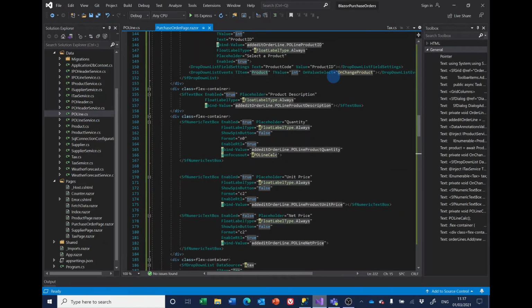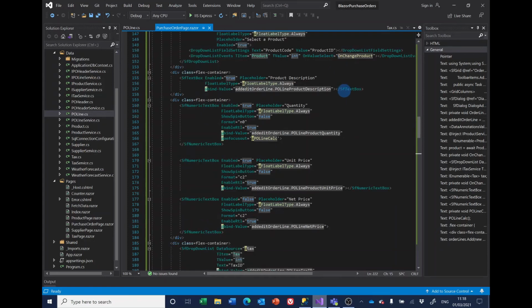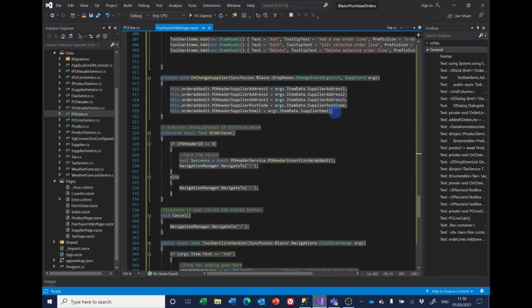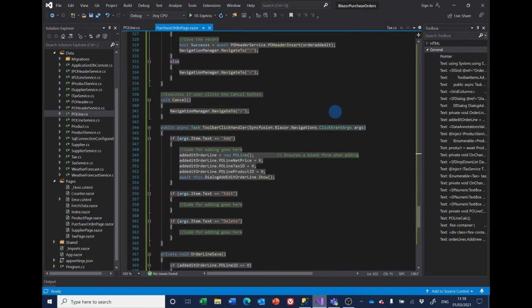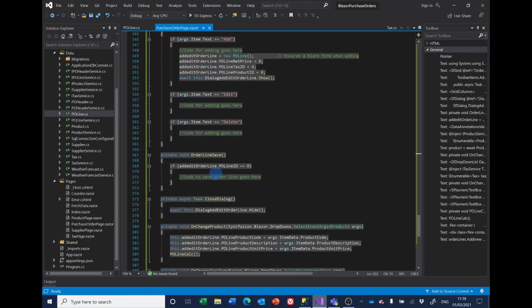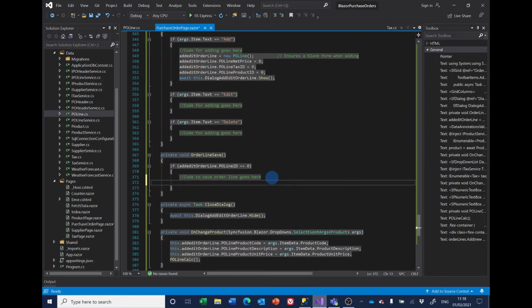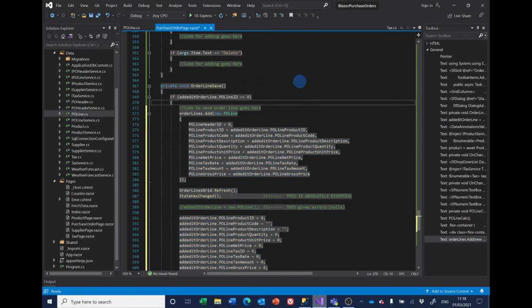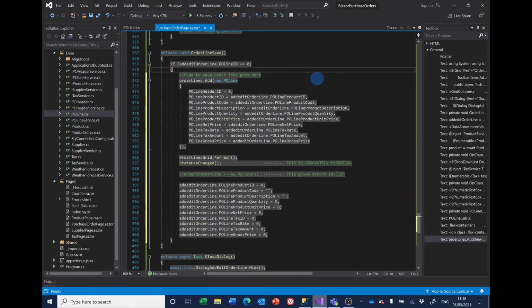So for this, we need to wire up the save button on the order line save method. So if we scroll down, order line save. So what we need to do is put in here what we want to happen when we click the save button. And this looks fairly hairy, but what we want to do is